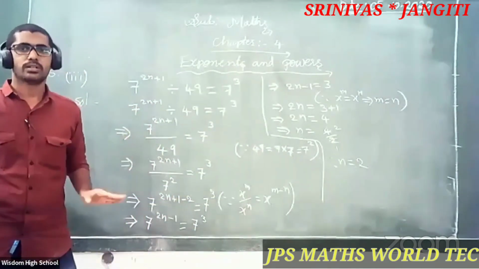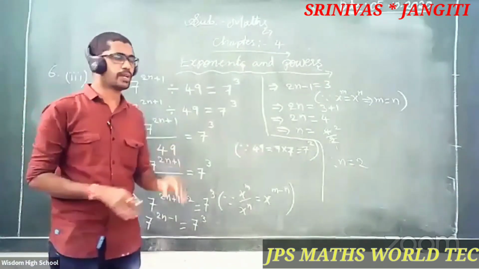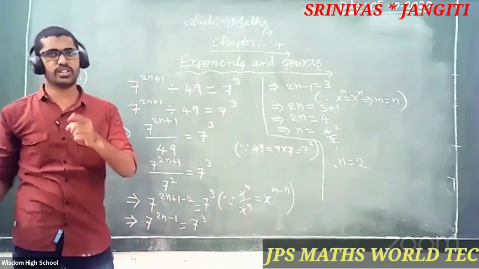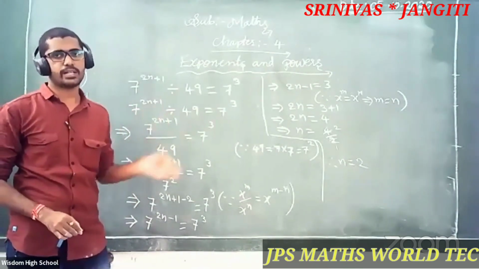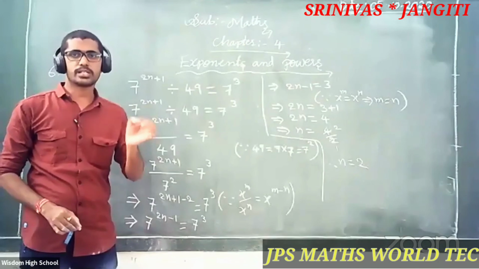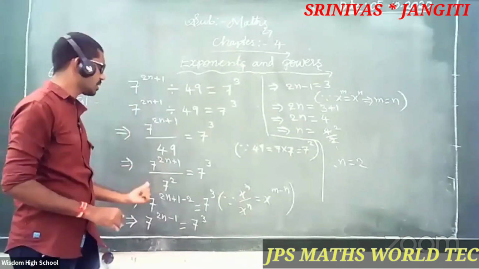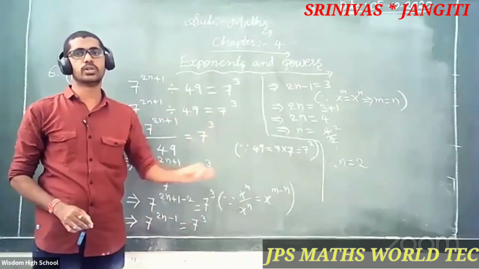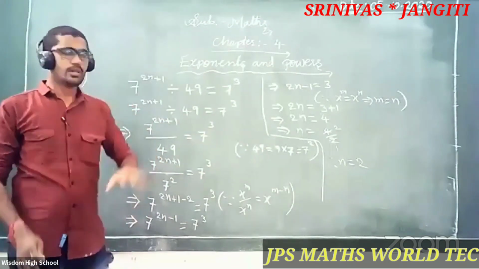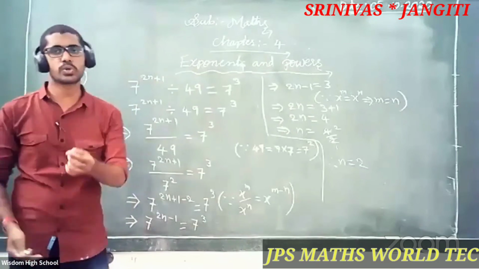Is that clear? So simple, students. Then what did you get in this set of six? In the first one you got n is equal to 10, right? And then in the second you got n is equal to minus 10. Now in the third one, what do you get? Yes, very good. n is equal to 2 is your answer. It looks like a big problem, but it is so simple now.